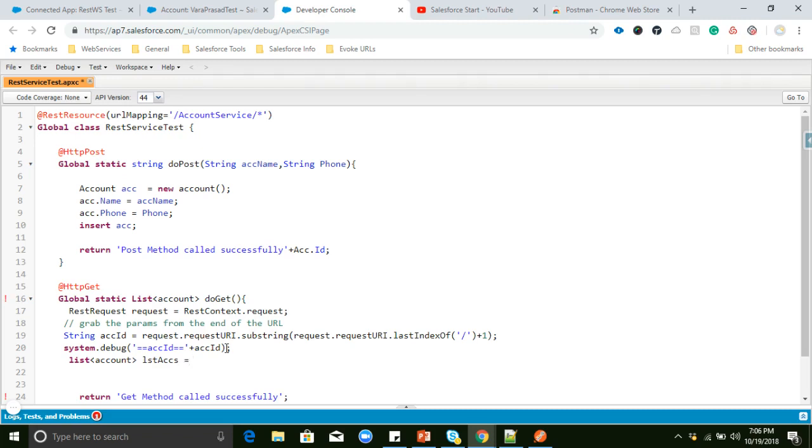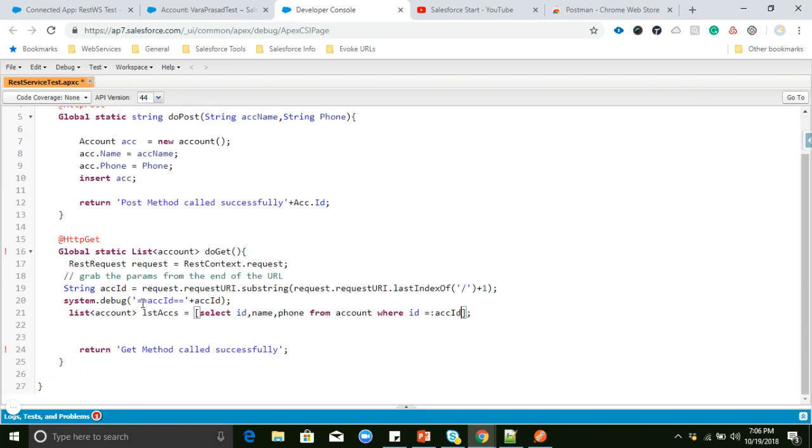Accounts equal to, select id, name, phone from Account where id equal to whatever SAP team is passing. Based on that id, we need to display details. Okay, we will return this list of accounts here.